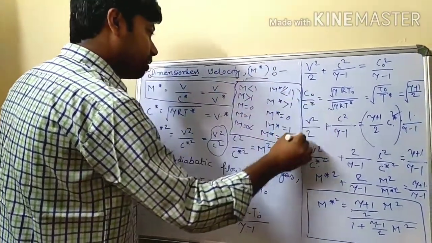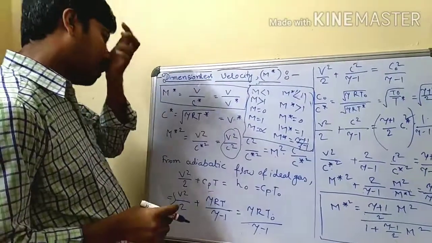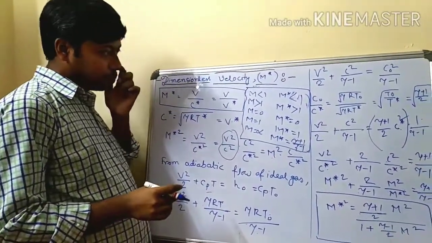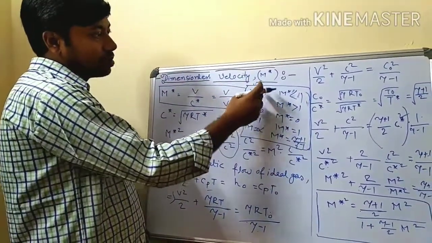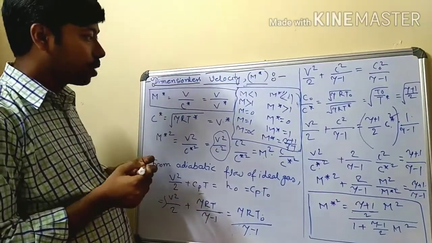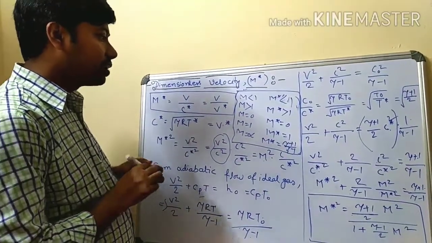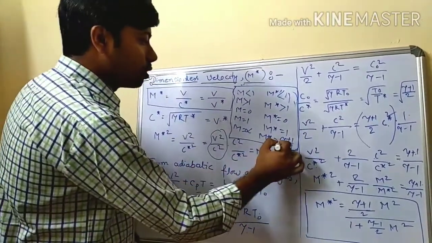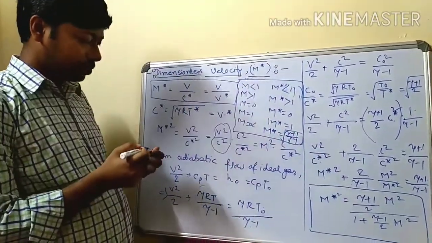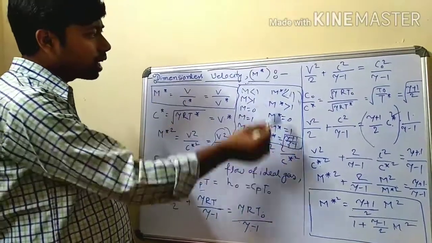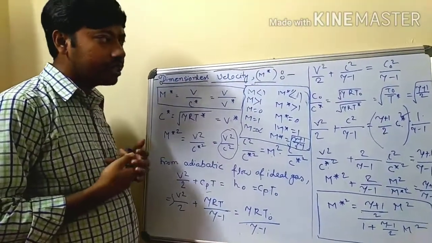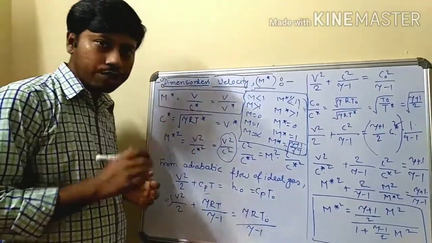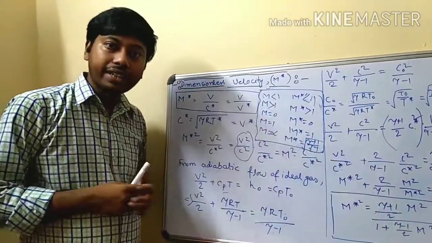So those are the different conditions. If you vary the conditions in terms of M, M equal to 1, M less than 1 or greater than 1, you can get these values like this. Sorry, that will be under root of this one. So this is the dimensionless velocity M star. And one question for you: